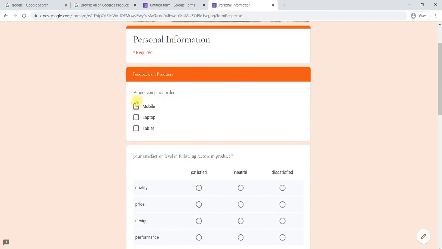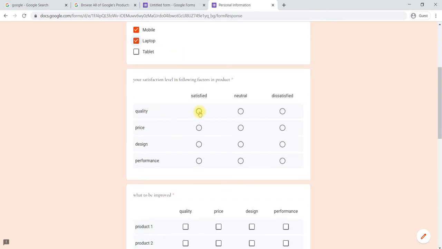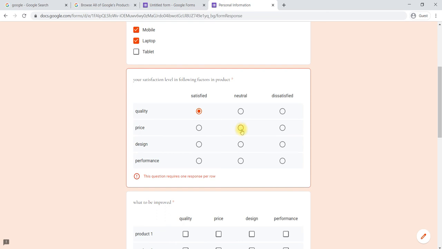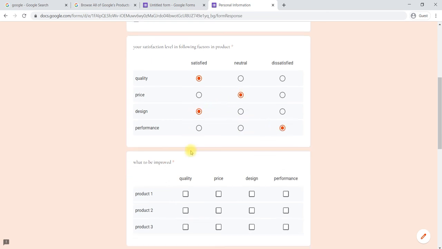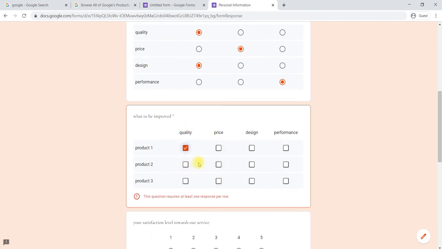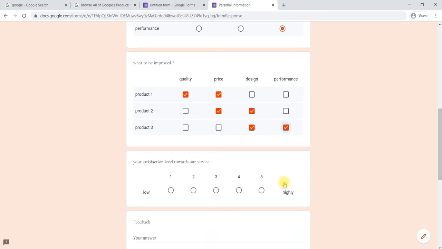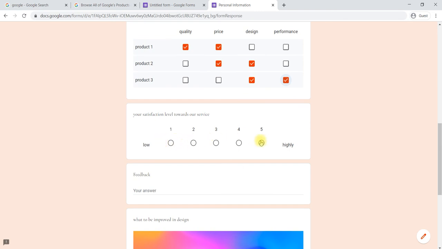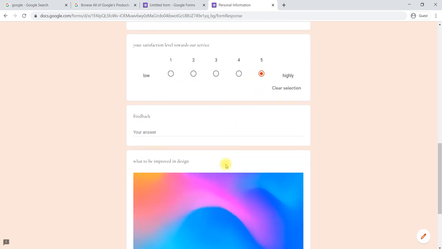Now here he can select multiple options. Then here he can also select based on his satisfaction level. Then here again multiple selection, grid type, what should be improved in each product, and his level of satisfaction, with low to high indicated here.